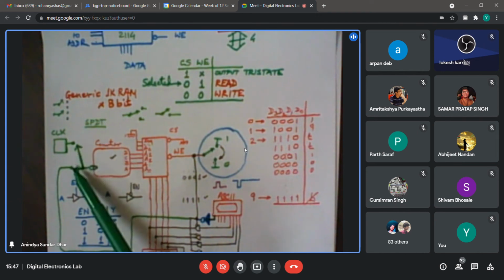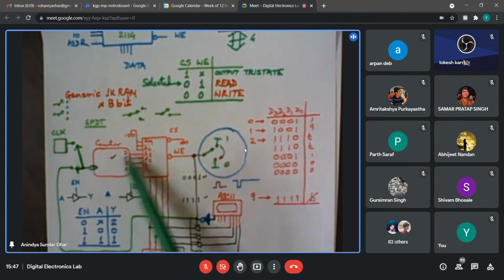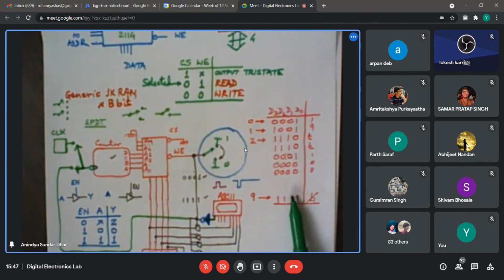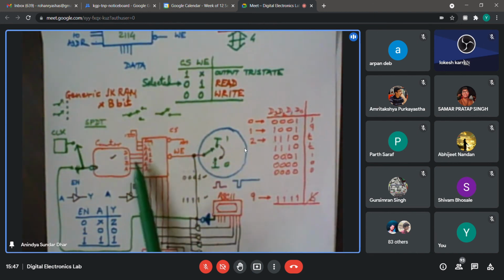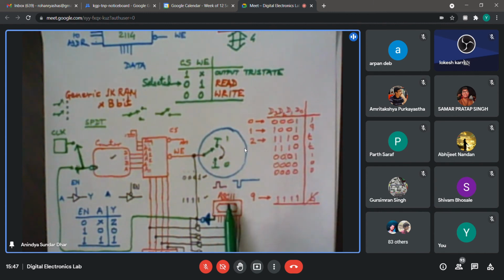Okay, so in that case, I need to throw the switch to the other side, so that now a free running clock can take over the counter, and then it will generate the sequences of addresses by means of this 10 state counter you are probably using. So it will run through all zeros to all nines. These are the addresses being generated, and these are not addresses, these are data I have written. The address will be generated between 0 and 9, and whatever data I have put over here during the earlier write phase will appear over here, go to 7447, and display will be there. So is that part fine?